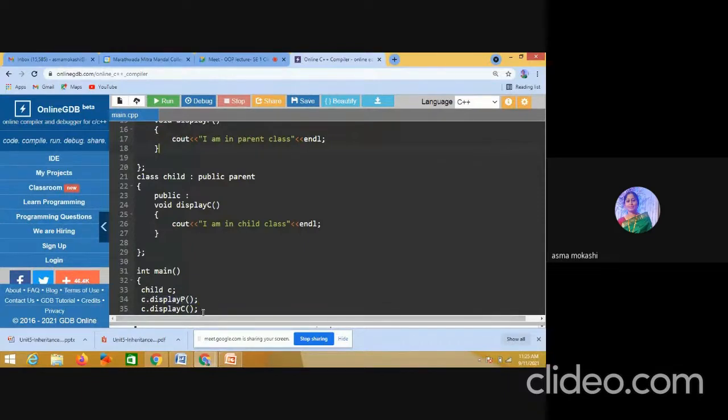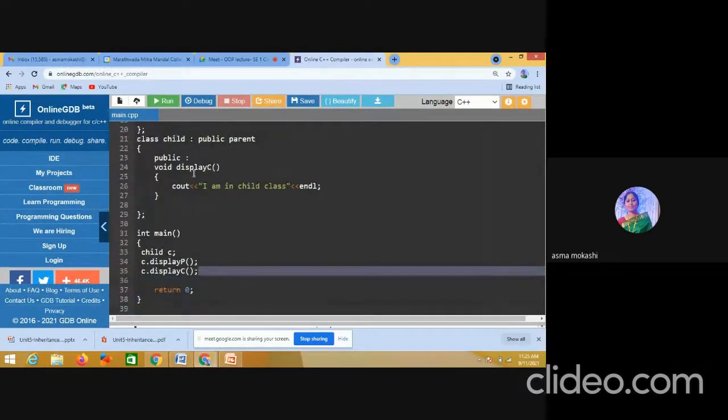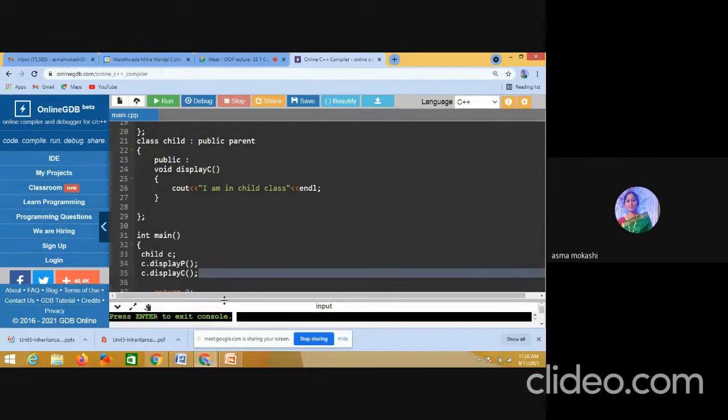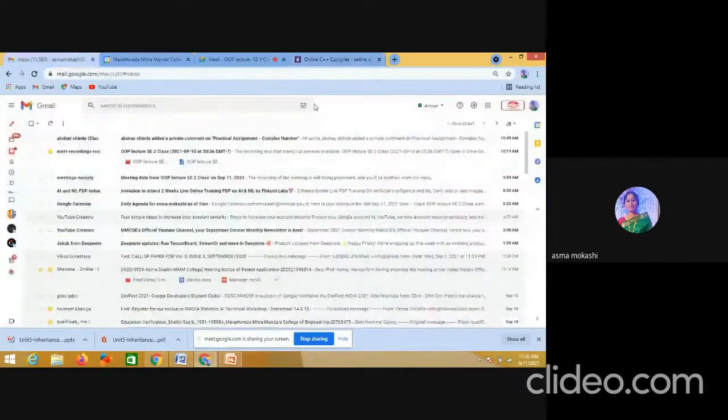It is also displaying from its own class. We can run this code. You observe the output: I am in a parent class. I am in a child class. This way, the logic of single inheritance works.